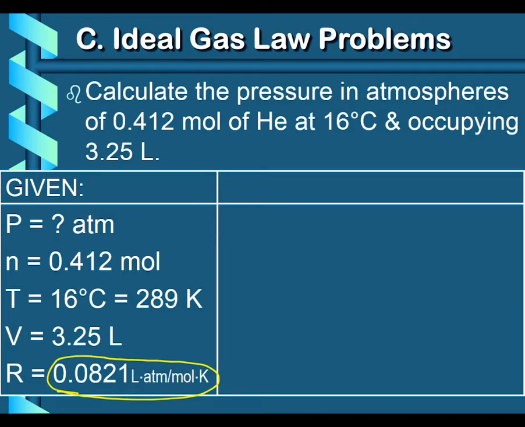So if I look at the units, this R value uses liters, which is great because my volume given was in liters. It's using Kelvin. That's great because my temperature I know has to be in Kelvin. We also have moles. Yep, moles was given,